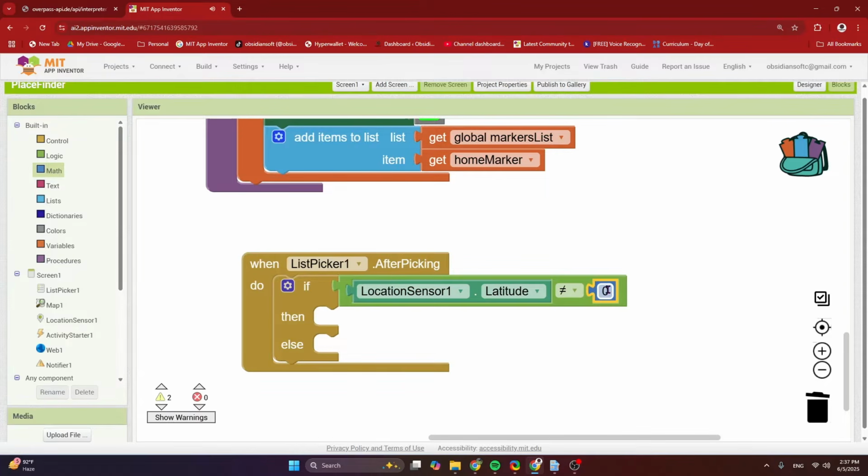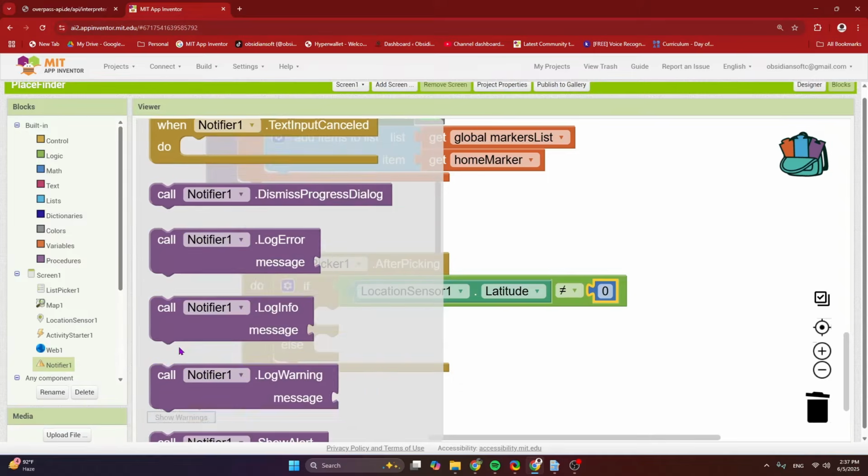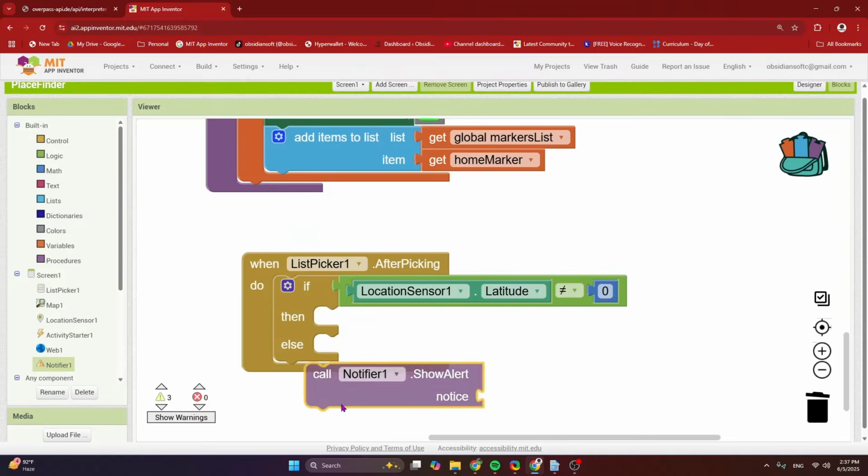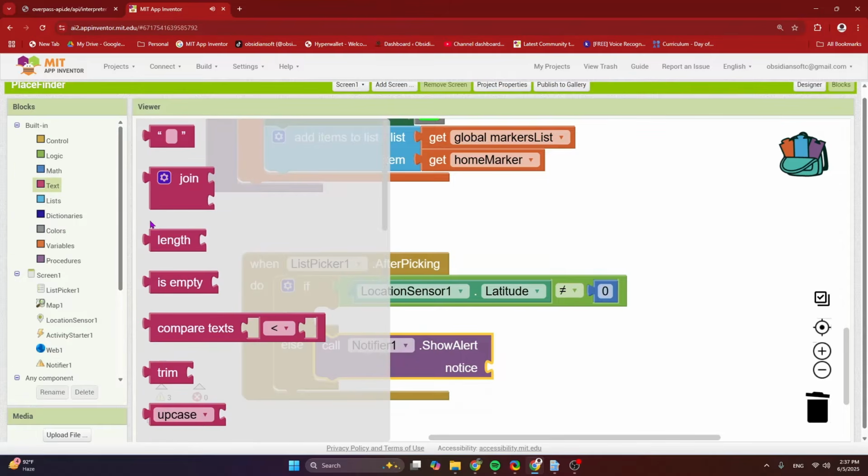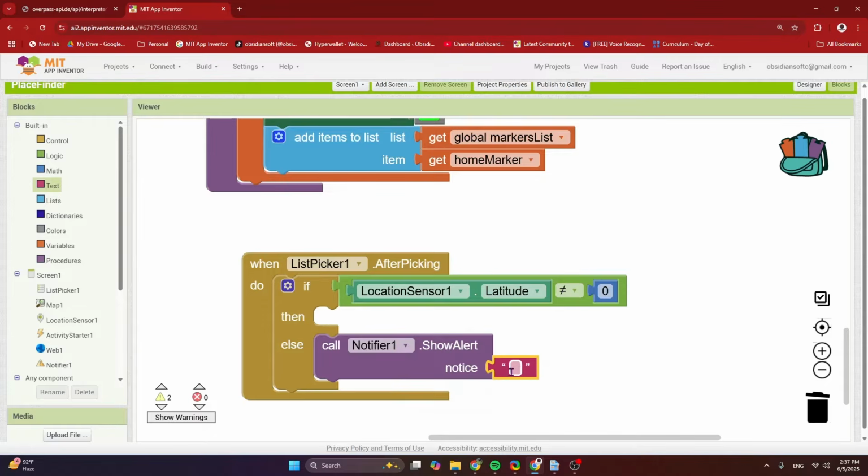This means in this case we should proceed with our app, and in this case we should show an error message that location sensor's latitude was 0. So from notifier, get the show alert block, and here we're just going to show a text message that says something like this, that please turn on your location, exclamation mark.